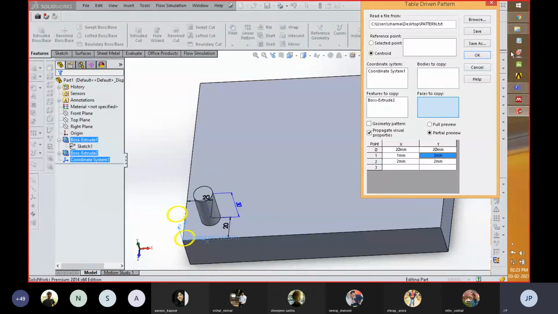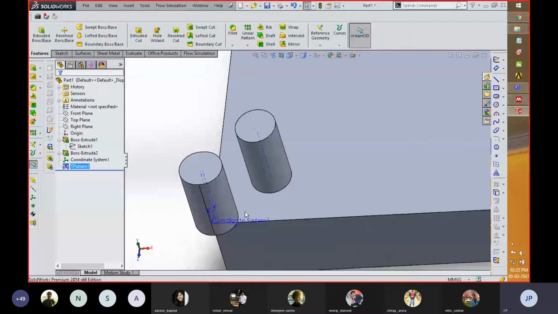Okay, so for that what we can do, we can edit this file. So you can see over here the component is created. So you can see over here the copies are created. It is actually overlapping. Actually I gave a value of 1, 2, so it takes the value of this, and the second value which I gave is 2, 2. So actually it creates another copy on the same component. Because I created the coordinate system in the corner, the second coordinate value which I gave over here creates a multiple copy on the same parent component.